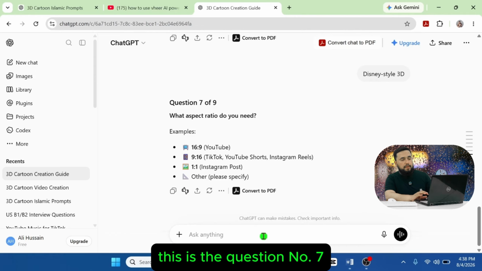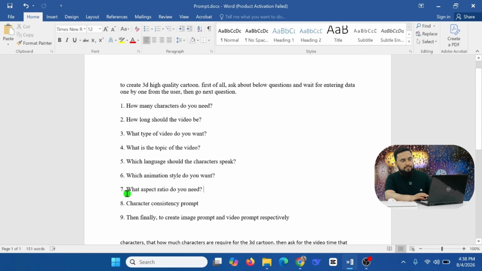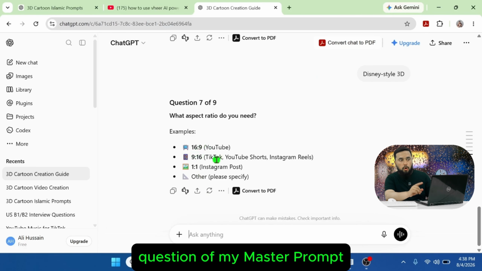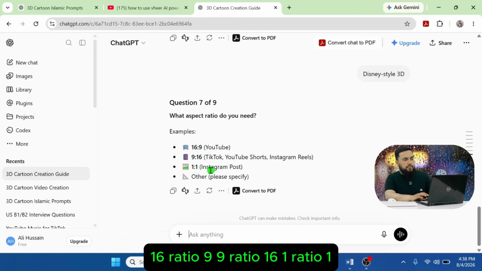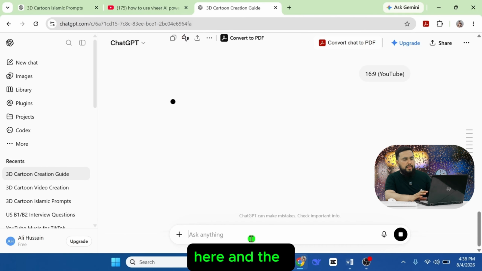This is question number 7: what aspect ratio do you need? You can see this is the 7th question of my master prompt. 16:9, 9:16, 1:1. I select the YouTube ratio 16:9, copy and paste here, and then